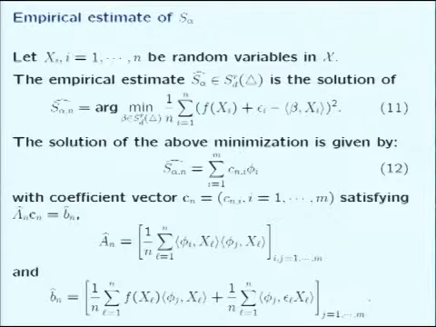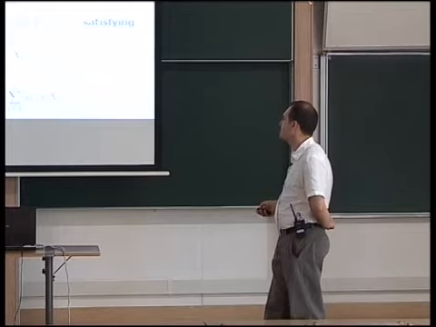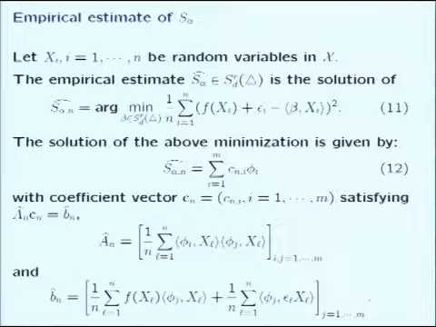If you have a sequence or a sample of random surfaces, still fully observed, what can you do? Well, you replace the expectation in the minimization problem by the average here. And it turns out that the solution to the minimization problem, again in the spline space, is the solution to a linear system, through its coefficients in the spline space. And these are the matrices of interest for that system, the empirical equivalents of the previous ones.